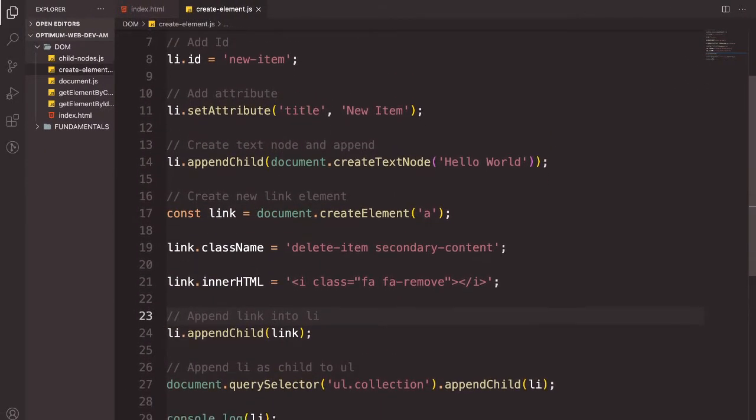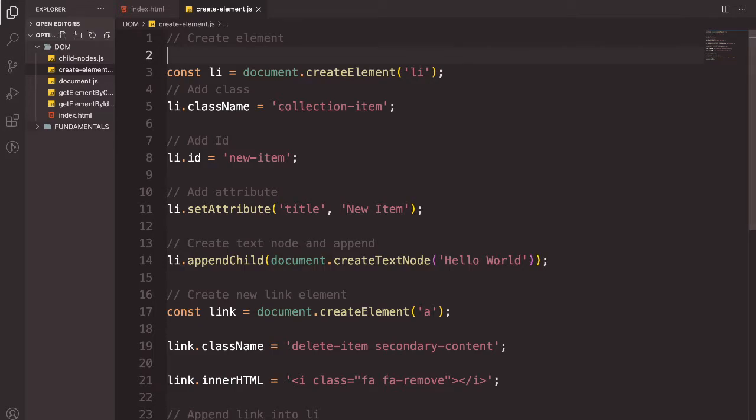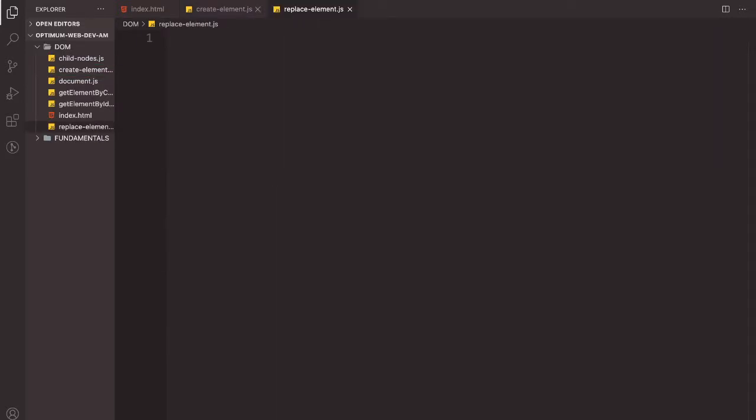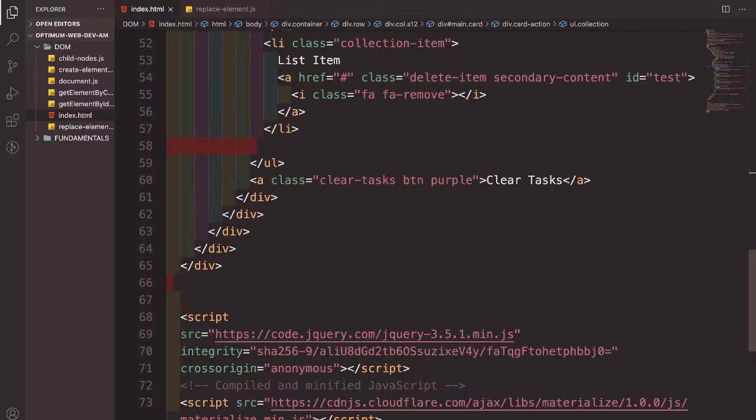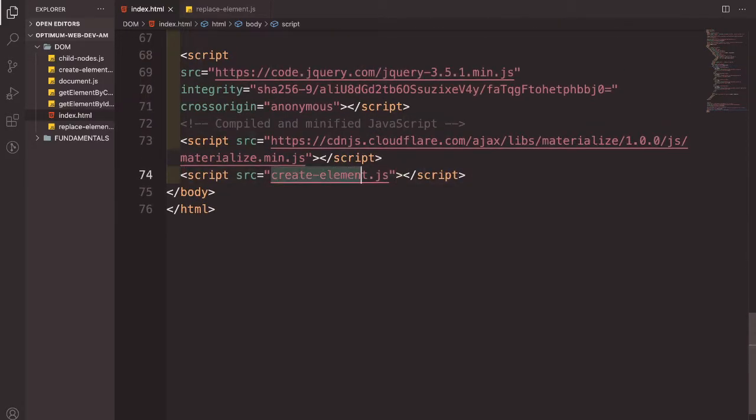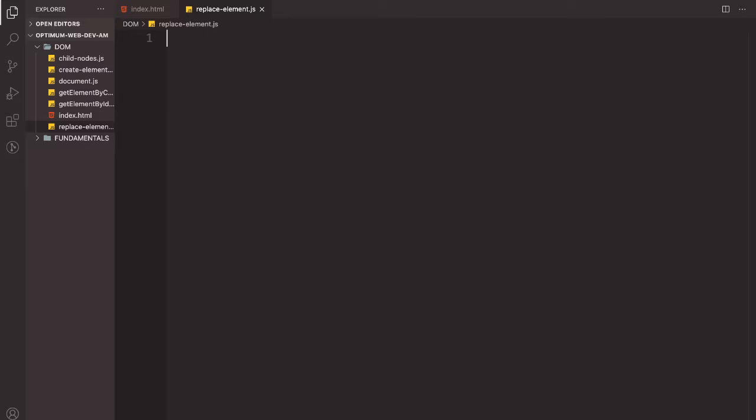Alright, so after this create element, we're going to create another file sa loob ng DOM. So pangalanan ko siya ng replace-element kasi magre-replace naman tayo dito, .js file. So let's link this one para at least makita natin. So instead replace, alright, .js file. So ang gawin natin, I'm going to add a comment. Lagay ko dito is replace